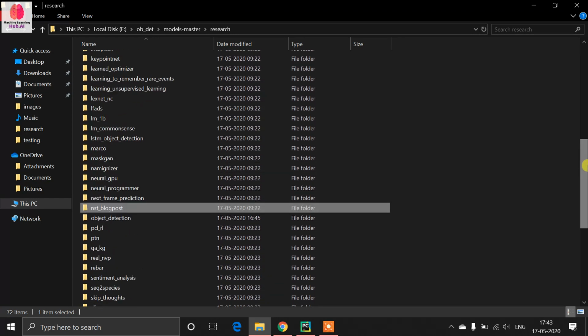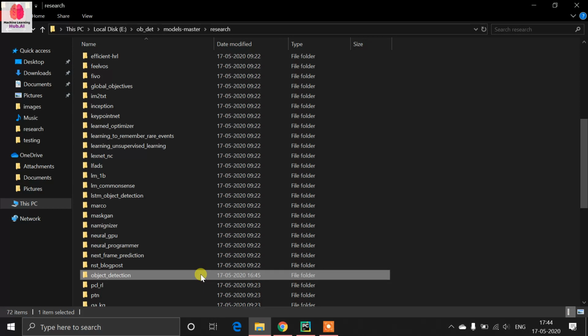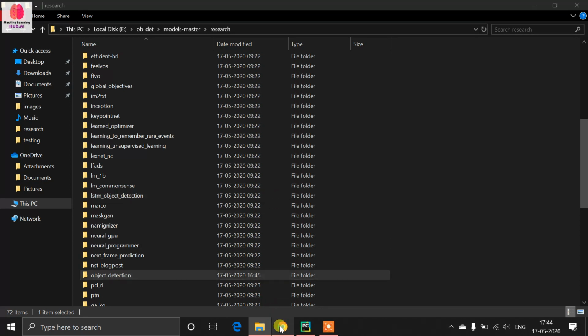So now what you have to do? Just delete this object detection folder, and I will give my object detection folder link in the description. Download that folder and extract it here, because I downloaded this repository around 6 months ago.